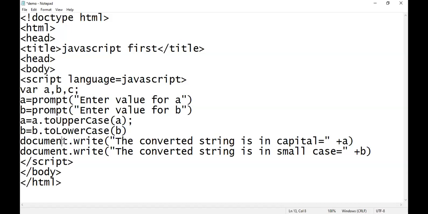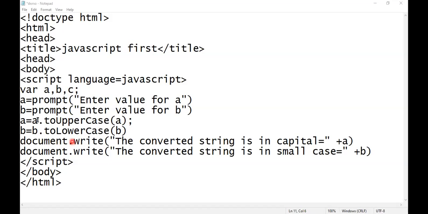The function and object are always separated by a dot.